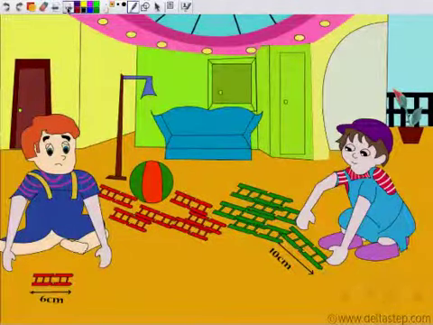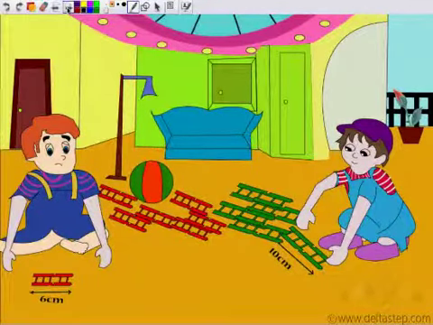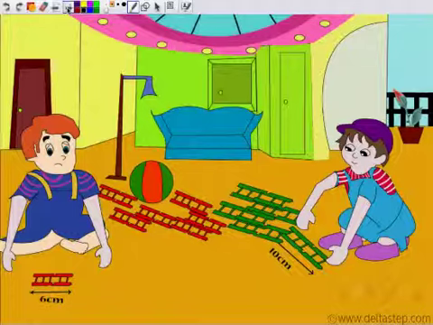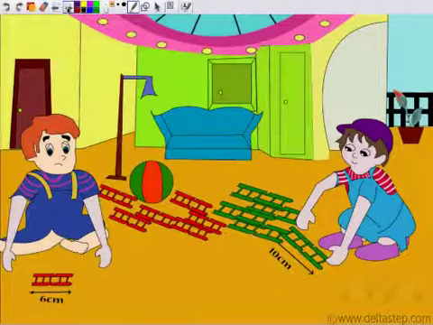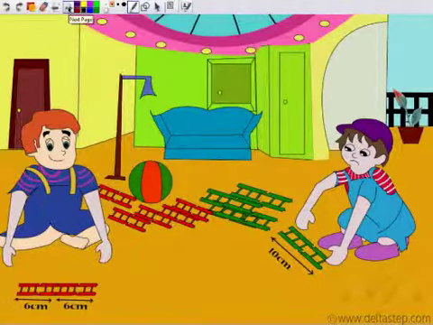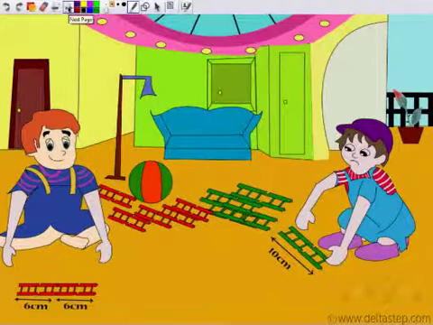So what they decide is that both of them will make the track of the same length. Now when would that happen? When will both of them have the same length of track? Let's see. Since this was 10 and he had a piece of 6, he adds another to make it larger than his piece. So he adds another piece and in turn he gets this 6 plus 6, which is 12. But now this was smaller.